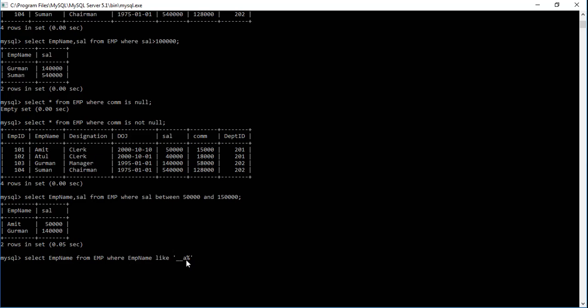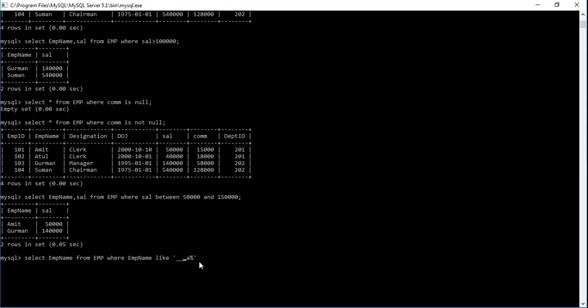So हम ऐसा करते हैं क्योंकि हमारे टेबल में कोई भी ऐसा नेम नहीं है जहाँ पे थर्ड लेटर A हो. So we'll put fourth letter A. So I'll put one more underscore. So 1, 2, 3 underscore means any three letters, and after that fourth one should be A. After A, anything can come,